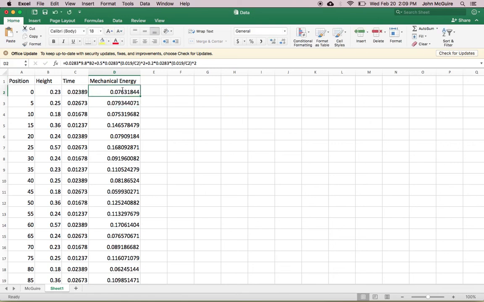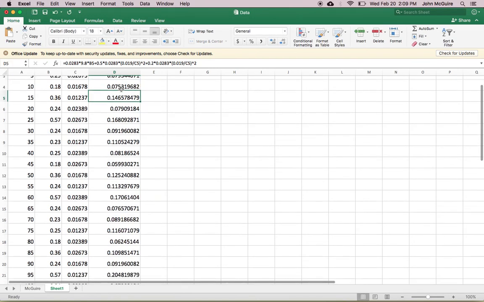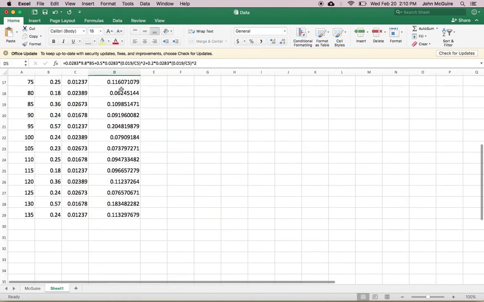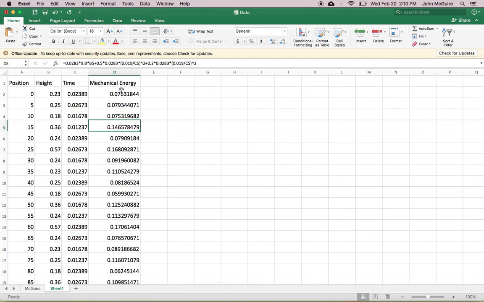So here it took B2 and C2. The next one will take B3 and C3. Next one takes B4 and C4. So here we have all of our mechanical energies. We didn't have to calculate any of them in our calculator. So go ahead and write those down on your data sheet, and you're all set for the next